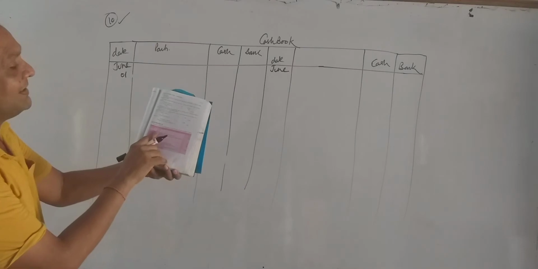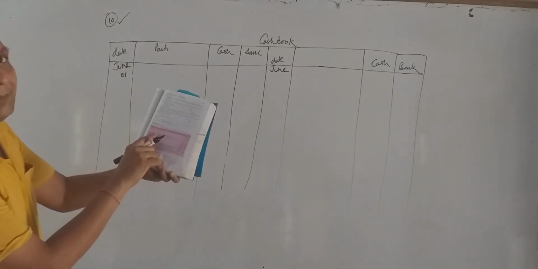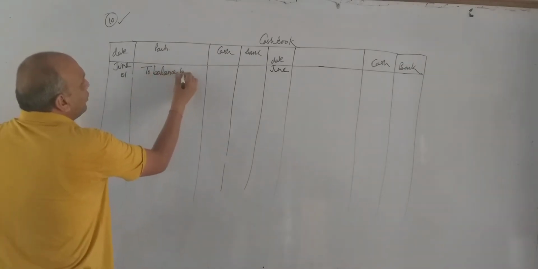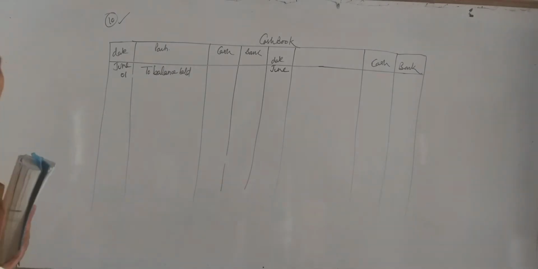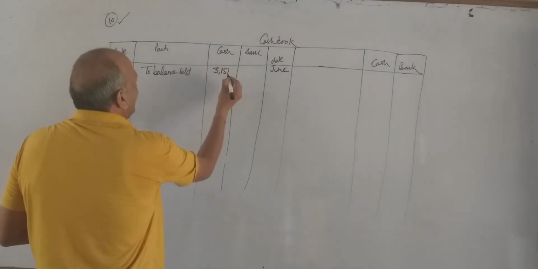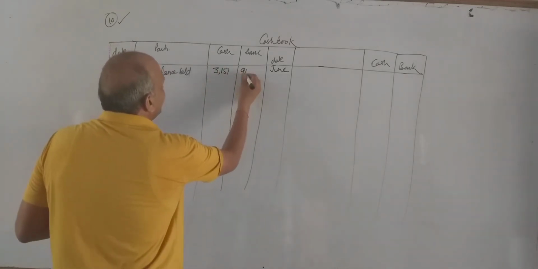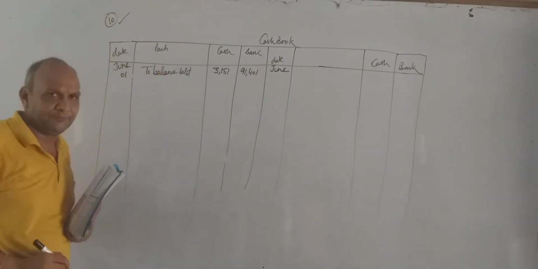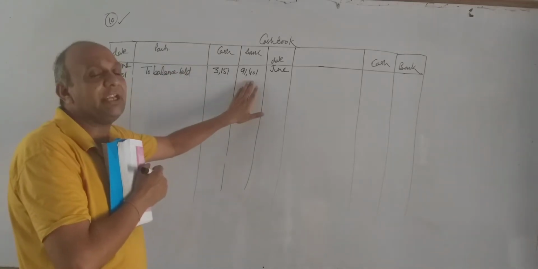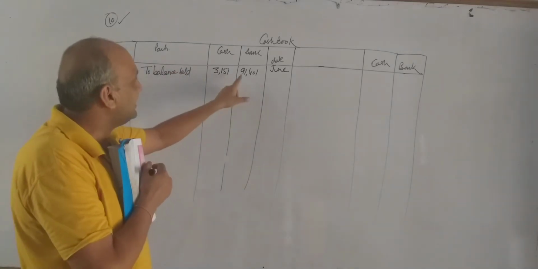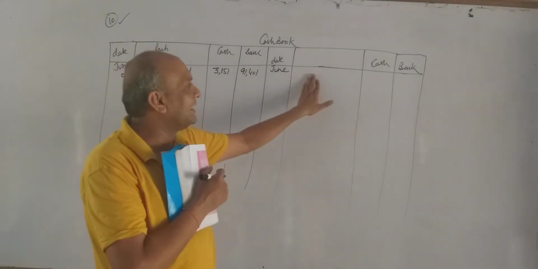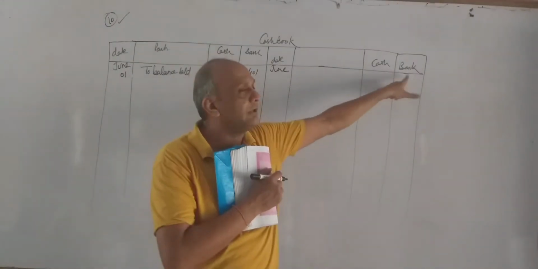The first entry is mentioned over here, cash in hand and cash at bank. So let us write, I told earlier also, this is the opening balance, and the opening balance is shown with the help of the words balance brought down. So here opening cash is 3,151 and opening bank balance is 91,401. In my previous sum, I told sometimes they give the credit side of bank overdraft. In that case, this balance, instead of writing over here, when it is given overdraft, we will be writing on the credit side by balance brought down in the bank column.